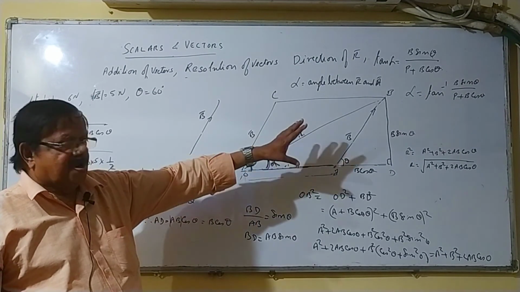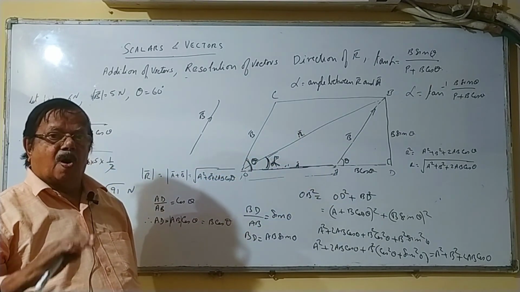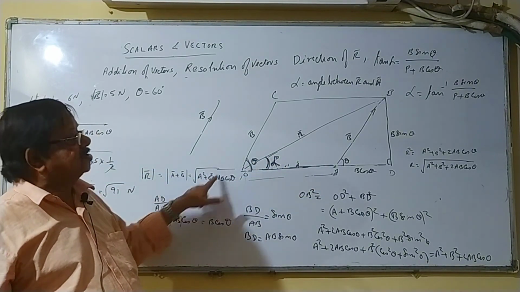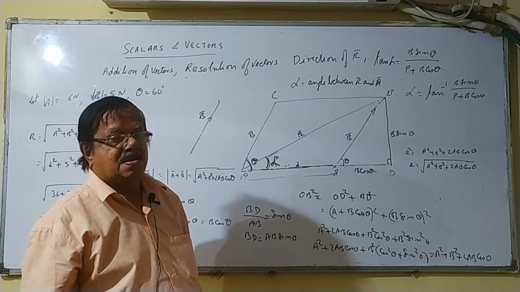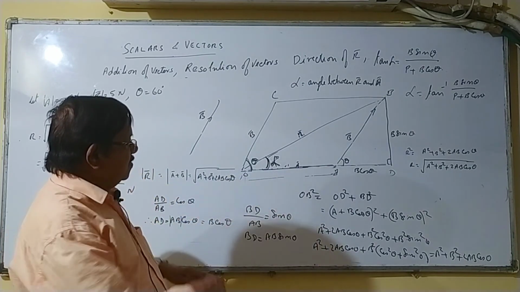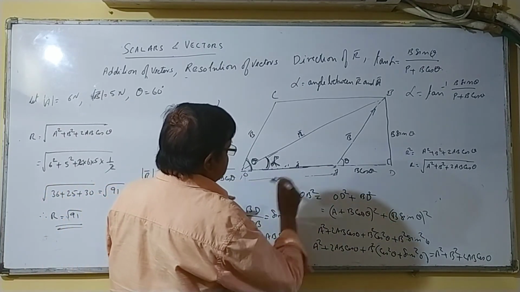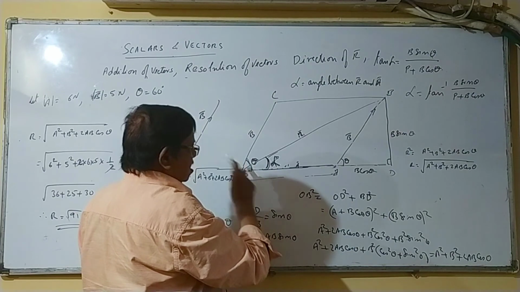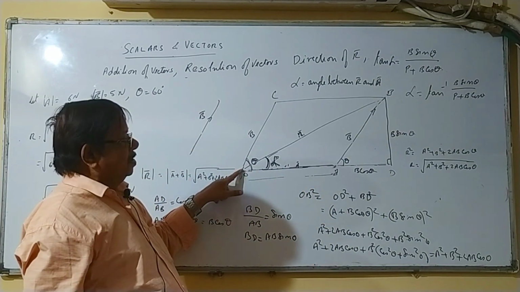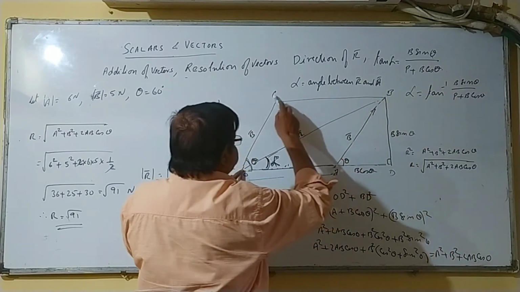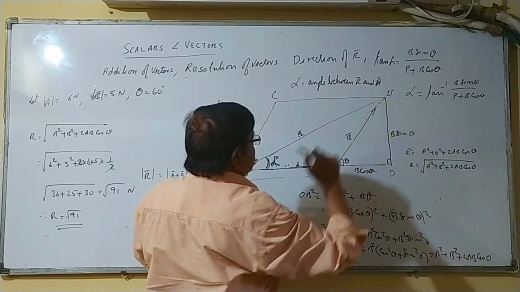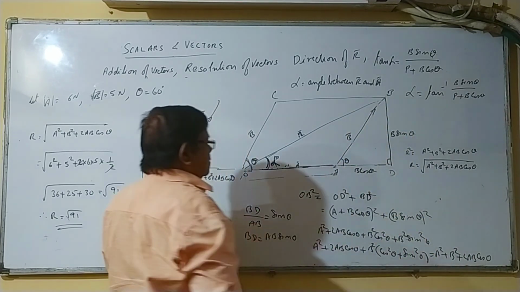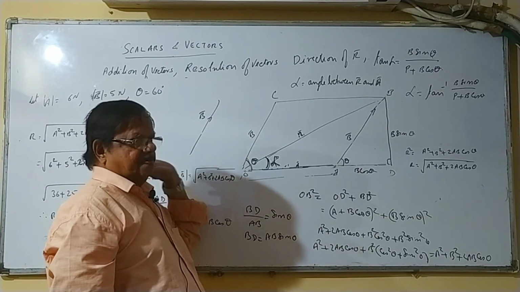Okay. Whatever I taught you, I will revise the whole thing once more. Let me explain in Hindi again how these formulas came about, so I revise both formulas. One vector A in this direction, another vector B in this direction, the angle between the two vectors is theta. Now we completed the parallelogram. This is the diagonal of the parallelogram. That is the resultant vector of vector A and vector B.